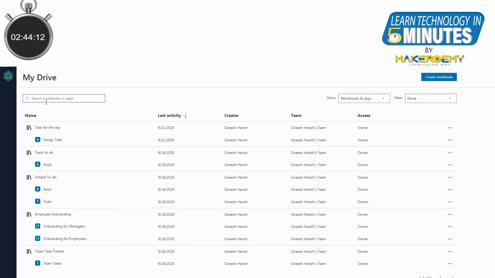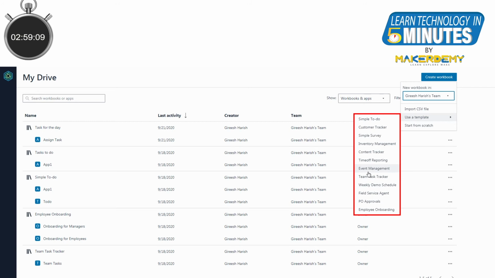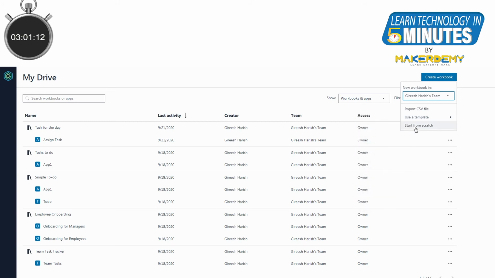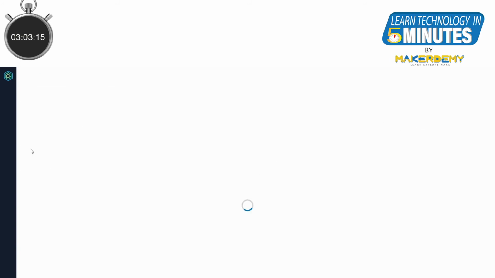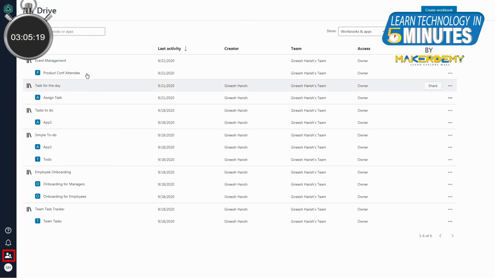This space in the middle is where we can find all the saved apps and the tabular columns we have created. On the right top end, we will find the option used to start creating the app. We can either start creating the app from scratch or use these templates as examples and convert them into our app. We can share the apps we develop with any team members we have added in the list here.